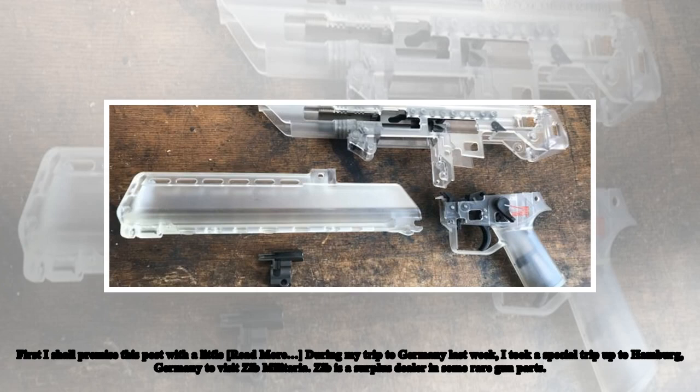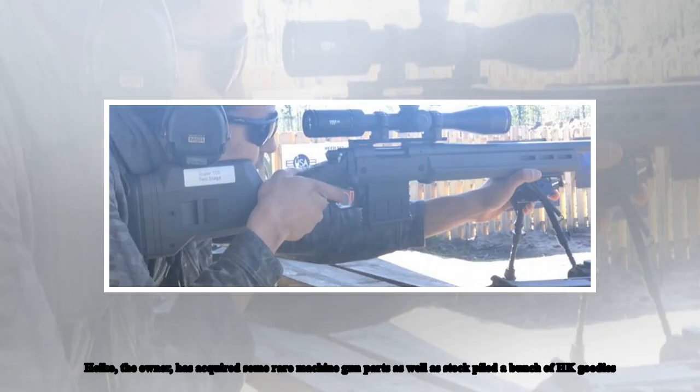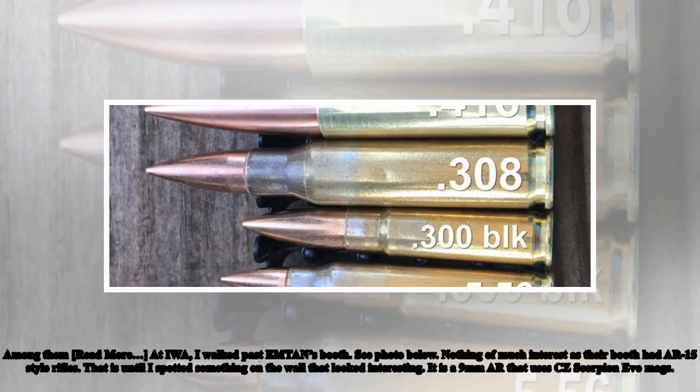During my trip to Germany last week, I took a special trip up to Hamburg, Germany to visit ZIB Militaria. ZIB is a surplus dealer in some rare gun parts. Heiko, the owner, has acquired some rare machine gun parts as well as stockpiled a bunch of HK goodies. Among them,